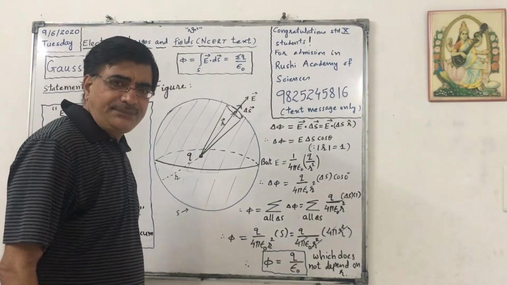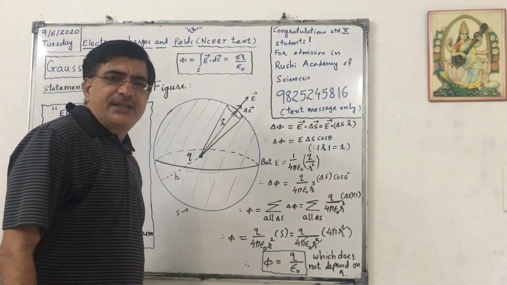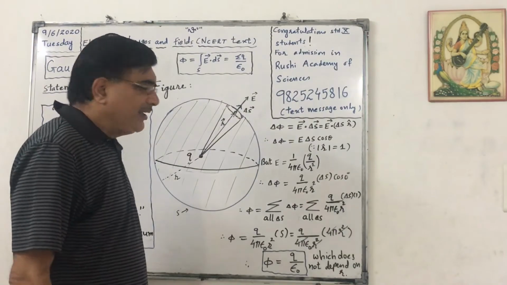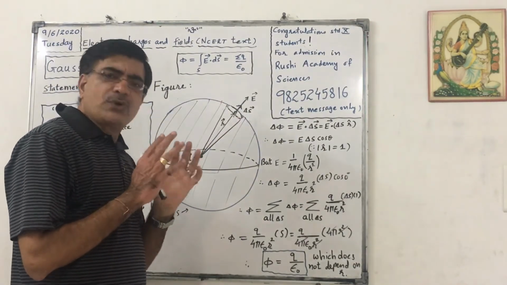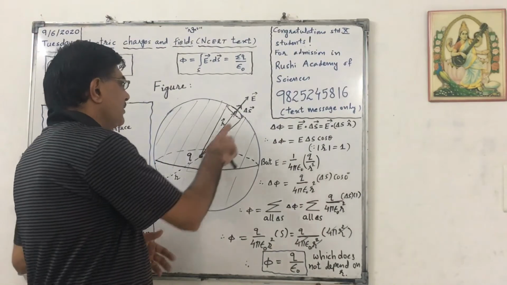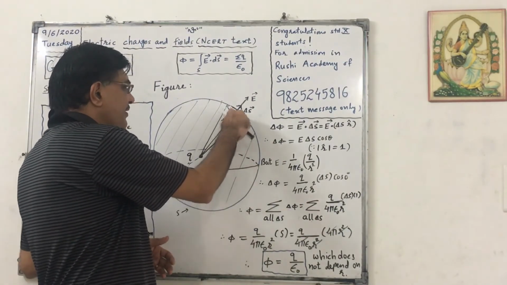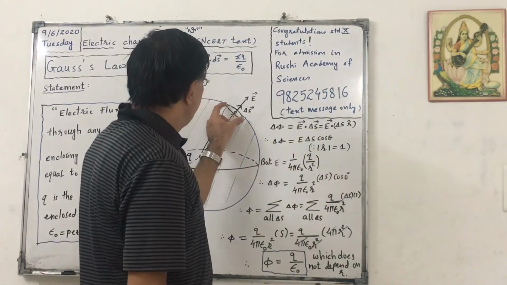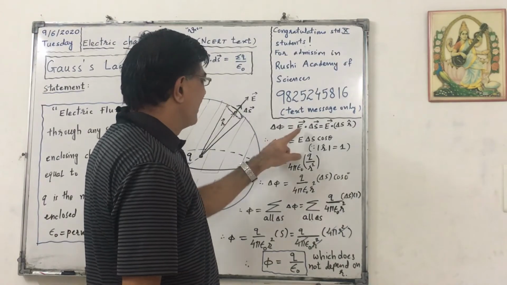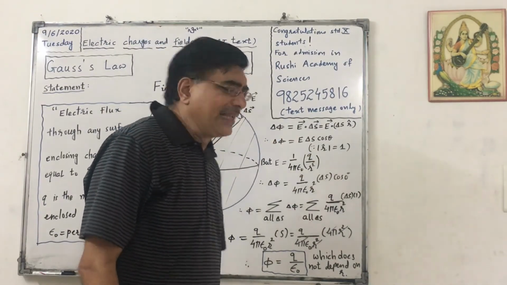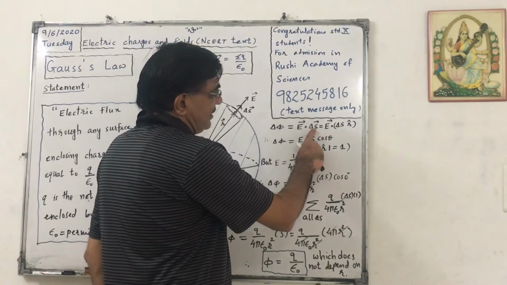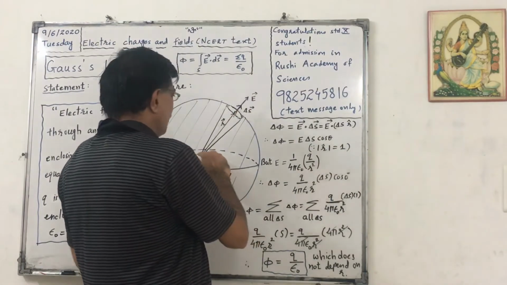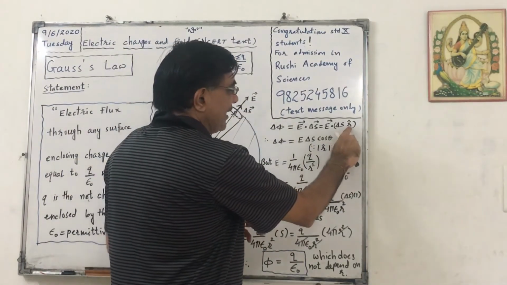That is delta S into vector delta S, and this is the small surface element. The position vector of this point is vector small r. Now we know that flux linked with this small surface element equals vector E dot delta vector S. The value of this delta vector S is delta S, and the direction is this, that is the unit vector towards vector R. So I can write R cap.